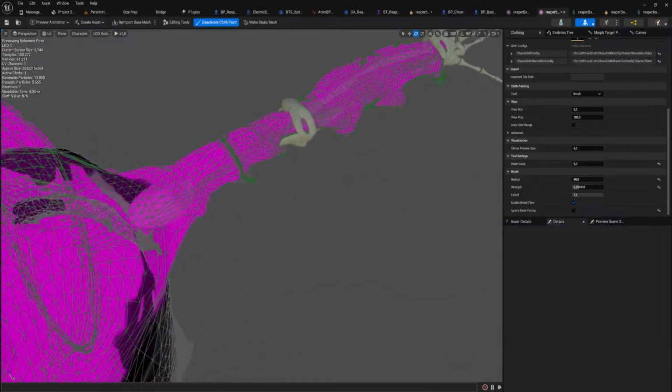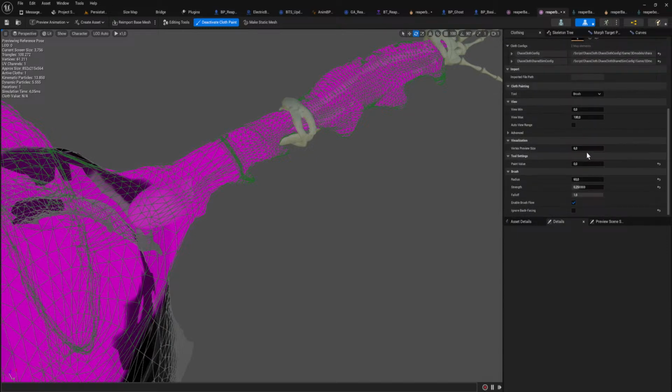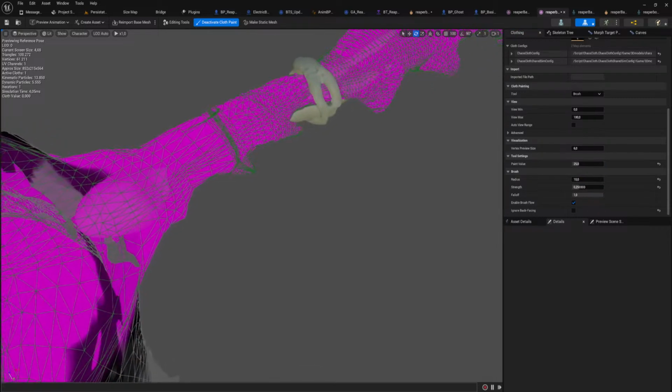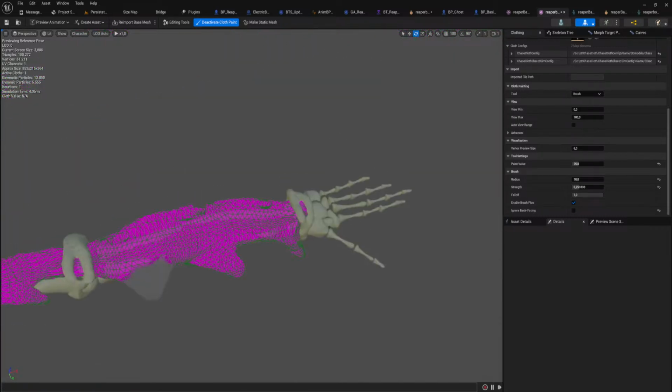So then we get to these little bits here as well, which we might as well do, right? We might as well. We're at it anyway. Let's set the paint value to, I think 25 was a pretty good one. And then the radius here needs to go way down, because we really only want to paint these little bits, these dangly bits are the only thing that really need to simulate here.